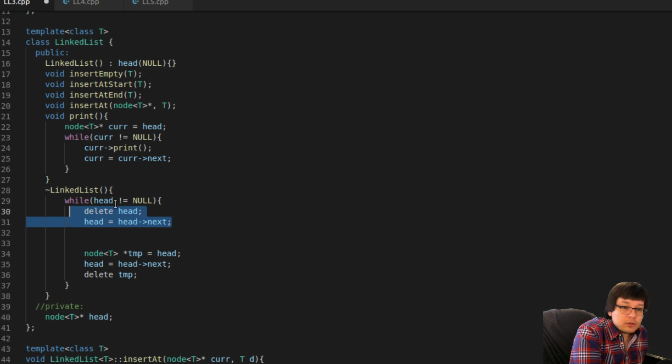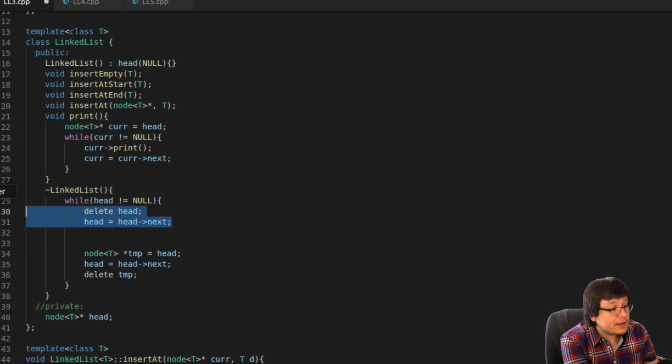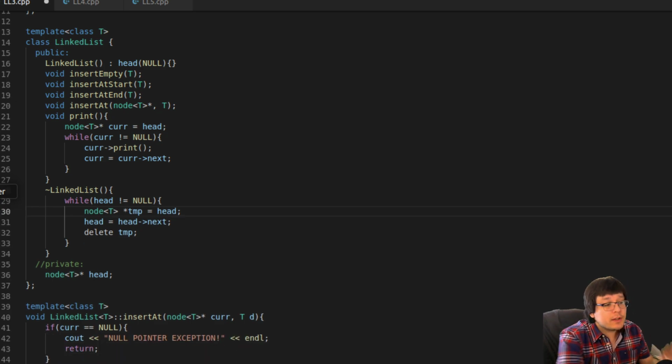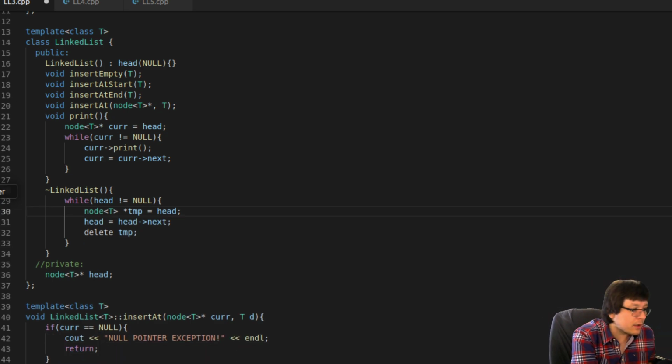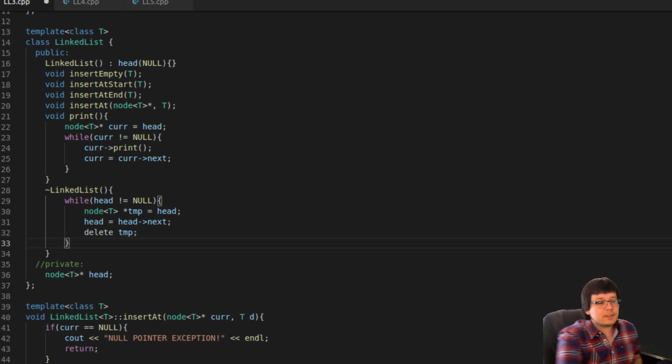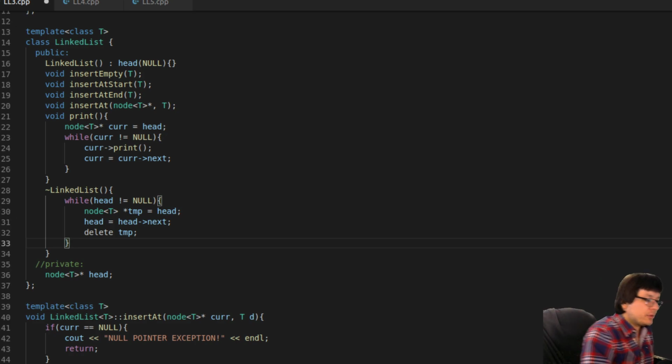These two lines of code, while they might work on your computer, they will crash on others because you're accessing a dangling pointer, whereas this one is safe regardless. You are making a copy of the pointer, then you are updating the pointer, and then you're deleting the pointer copy. So there you go. That's where that came from. So this is the longer explanation of what we kind of rushed through.